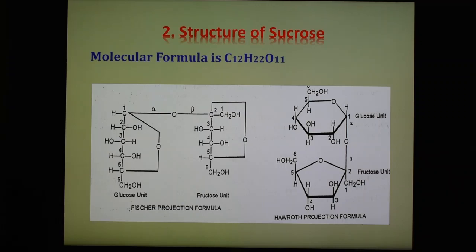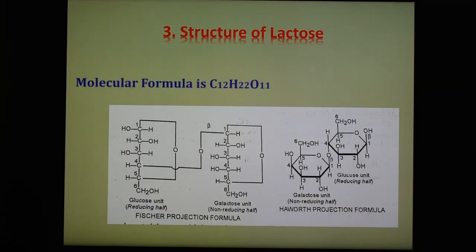Two units again shown there, glucose and fructose unit. And the third important compound is the structure of lactose. Again, the formula of lactose is C12H22O11, and this lactose